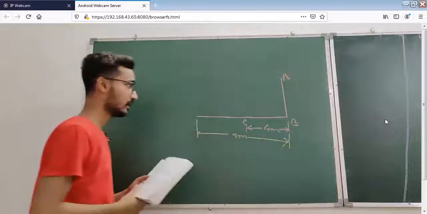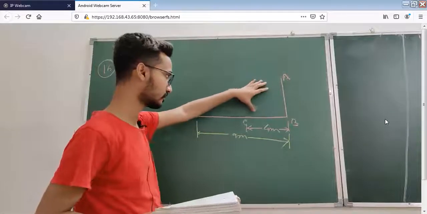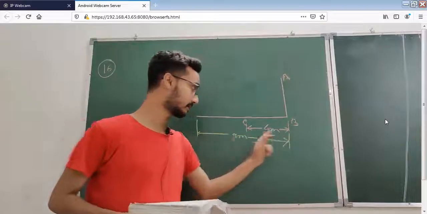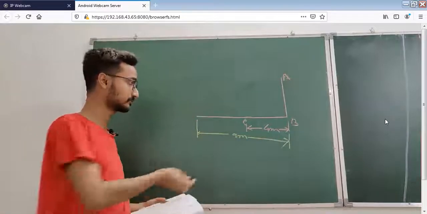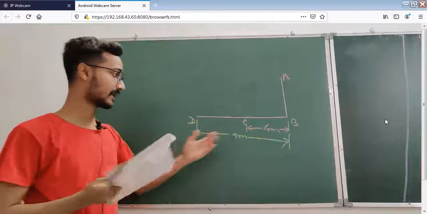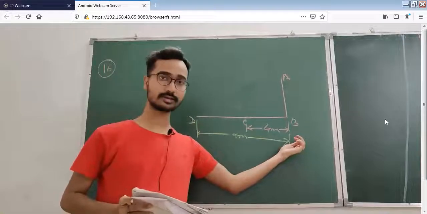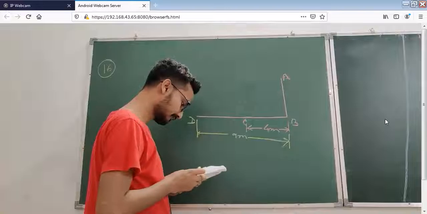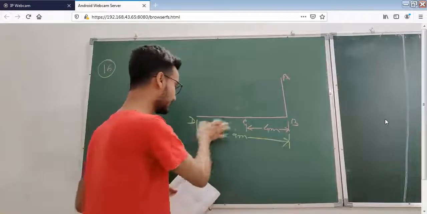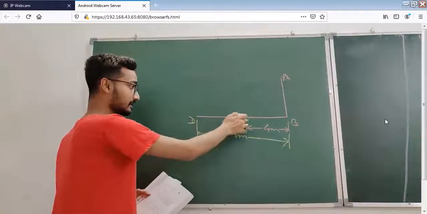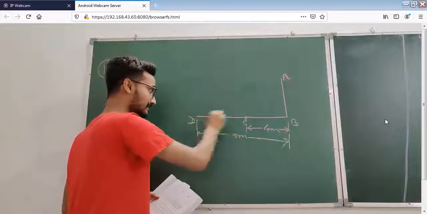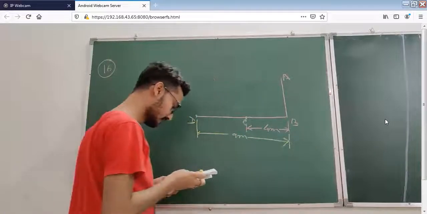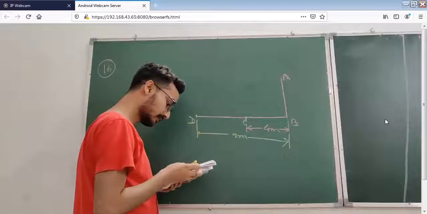Have you understood the question? One tower is there, one point is there which is 4 meter from the base of the tower. Another point is there, suppose point D, which is 9 meter away from the base of the tower. Okay. And here one condition is given: in the same straight line. That means C and D will lie on the same line. Yes or no?